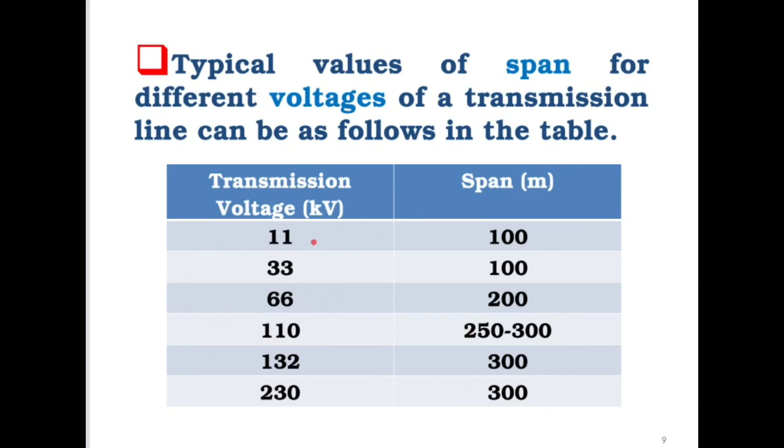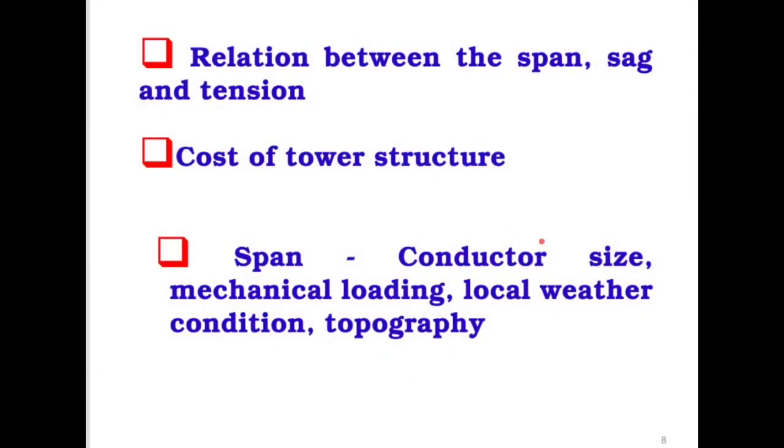In olden days, 11 kV was a transmission line voltage, but these days, 132 kV is sub-transmission voltage. It's below transmission. These days, transmission voltage is higher than 132 kV. So you can imagine it's an old one, but it was used as a thumb rule for the organization, for the power utility engineers. They would go and check, okay, what is the voltage level at which the transmission line is operating. Then we can go for a 300 meter or 250 meter or 100 meter span. But they could not forget about all these things that we discussed here.